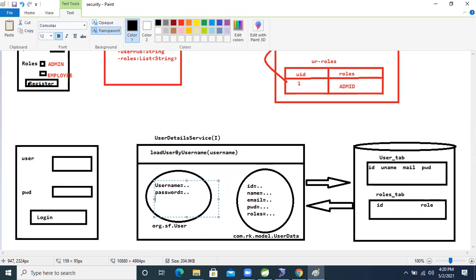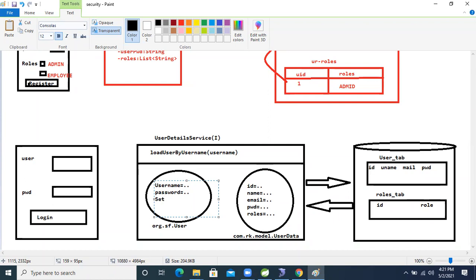Here it doesn't mean only one role is there in the data. Multiple roles will be there, but roles should not be duplicated, so which collection will we use? Set.